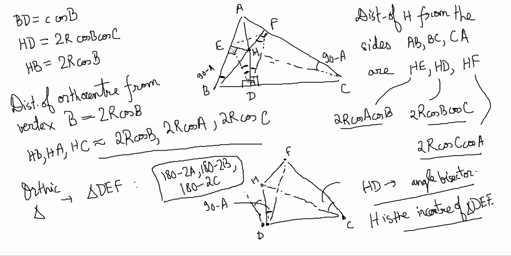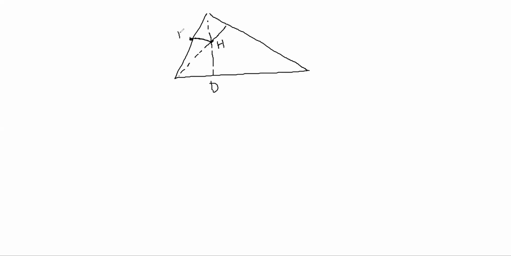Now another thing that we want to find out is sides of this triangle. So that I will find in a different page. So let's say we have something like this. This is the orthocenter H. This is D. This is E. And this is F. This is A, B, and C. We want to find the sides of this triangle. So, for example, DE we want to find, and DF we want to find, and so on, right?